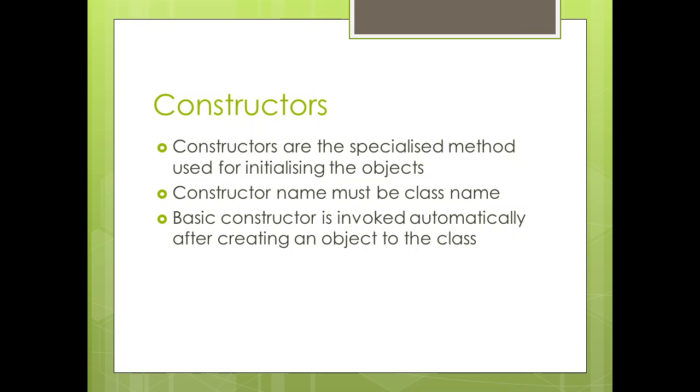A constructor should not have a return type, not even void; the void data type shouldn't be written for the constructor. A constructor can't be used as a member of a union or a structure, because in unions and structures we can't create constructors. Constructors can have default arguments, and they can't be inherited. They can be invoked in the base class itself but not in the child class.